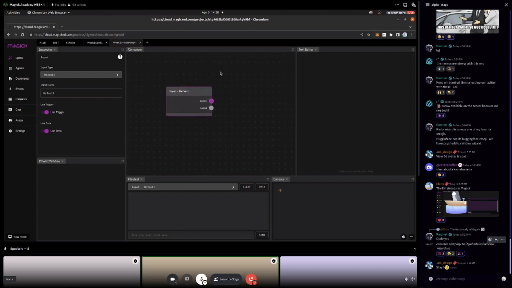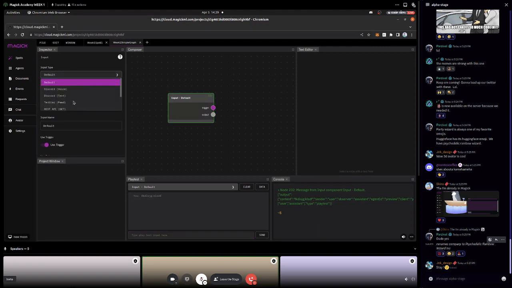So the first thing we have to understand is this input. The input is actually carrying a lot of information. Out of this input is not just what I type in here, blah, but a whole bunch of data. If this input was coming from Discord, and let's say I'll switch it to Discord just because that's the direction we're going. Discord text. Well, I need to know what the user said, but I also need to know what user said it. I want to know what server it came from. I want to know, ideally, a timestamp. I could think of a lot of different data that I want to maybe use in the future in my graphs. So the input that's coming out of here, this output, is actually very complex.